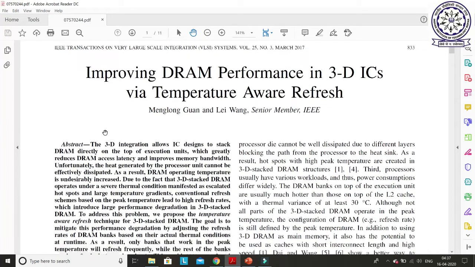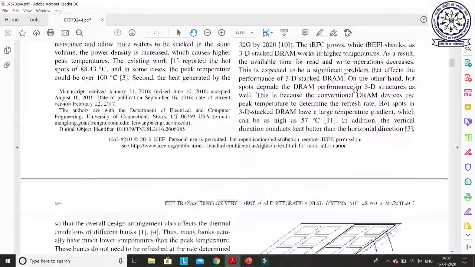Back to the concept: what are 3D ICs? Mainly, 3D ICs are designed with multiple layers in a single chip. In the bottom layer there will be all the cores, the private L1 caches as well as the L2 cache, or you can say the TCMP or NUCA architecture that I have explained in class. This type of NUCA architecture will be designed in the bottom layer, and the upper layers of this 3D design will be for DRAM memories. Let me show you a figure.